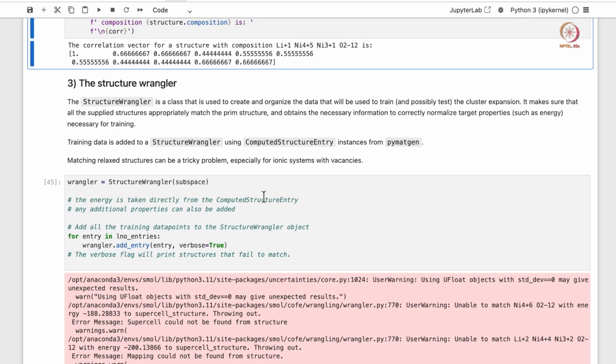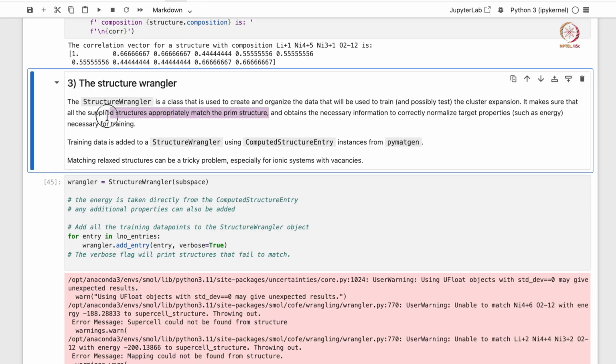Then comes the structure wrangler. This class manages our training data. It makes sure that all the supplied structures appropriately match the prim structure.